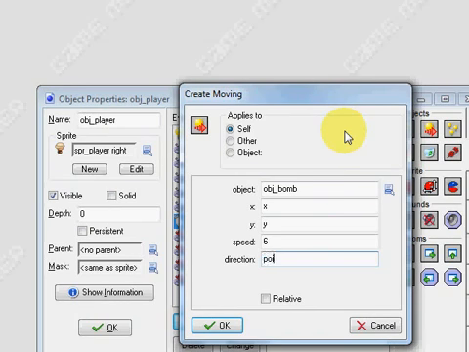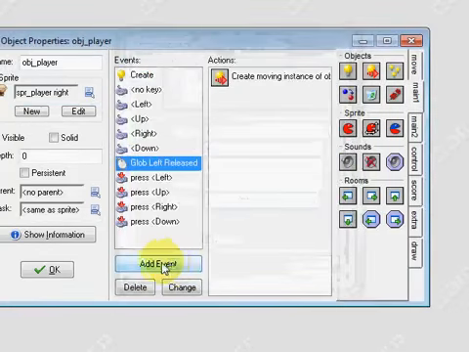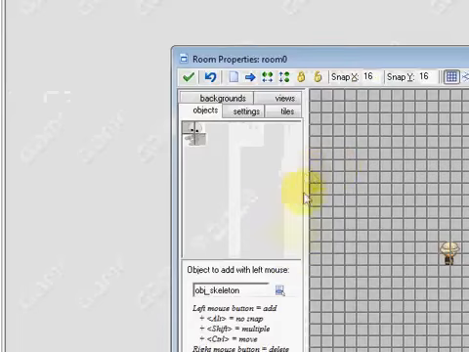Direction will be point underscore direction, open brackets, X, comma, Y, comma, mouse underscore X, comma, mouse underscore Y, close brackets. And that'll shoot it towards my mouse. Click OK. Now I put in the room skeleton